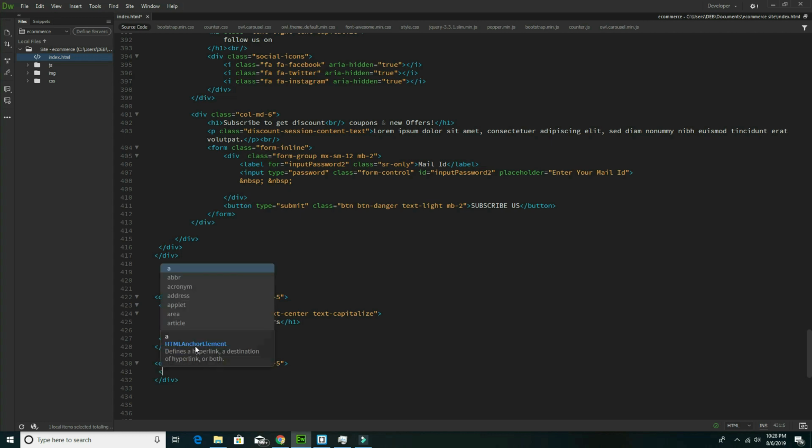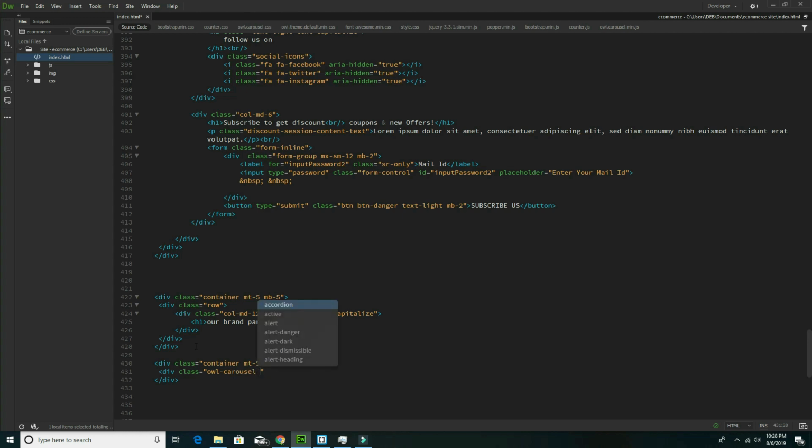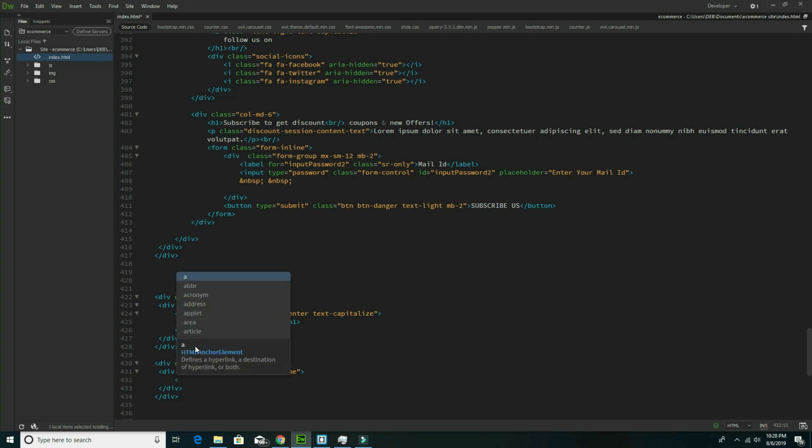Here div class will be owl-carousel, owl-theme, close it. So div class will be item,